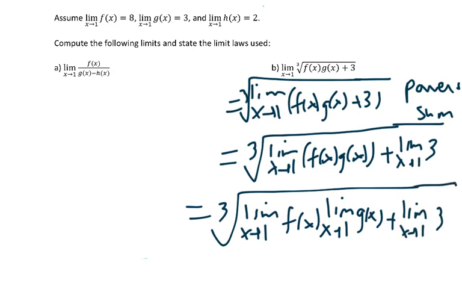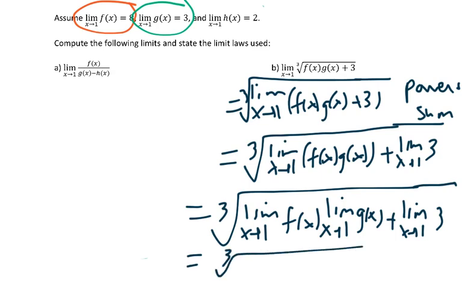So now I'm going to use what they gave me. Remember, f of x was 8 and g of x was 3. So in here I have 8 times 3 plus, now this function, limit as x goes to 1 of 3, no matter what x value I plug in there, I always get out 3. So I'm just going to put plus 3. So 8 times 3 is 24, plus 3 is 27, so the cube root of 27 is